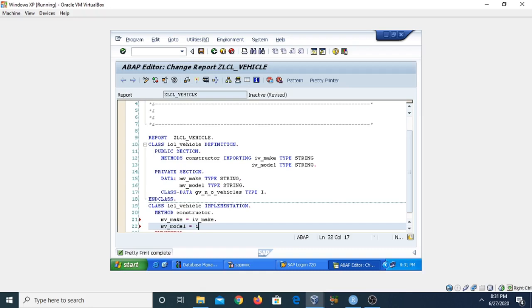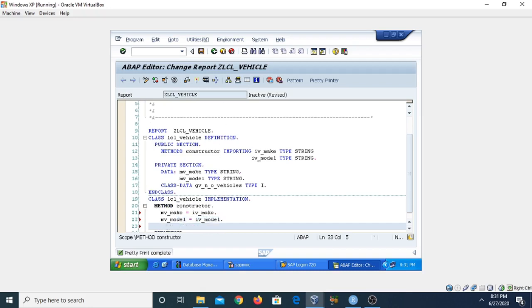One more characteristic of the constructor is that the constructor is used to initialize the attributes of the class, or the class members. In this statement I am adding 1 to this static attribute.